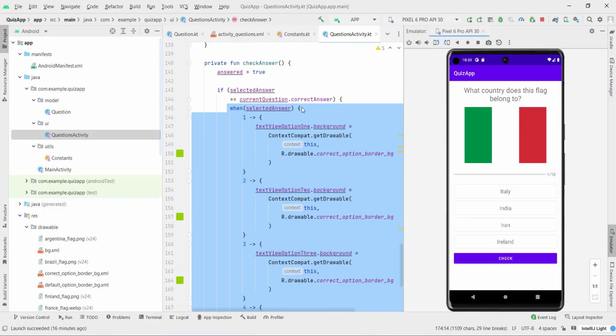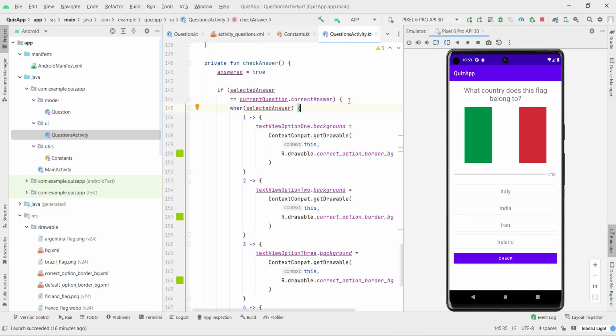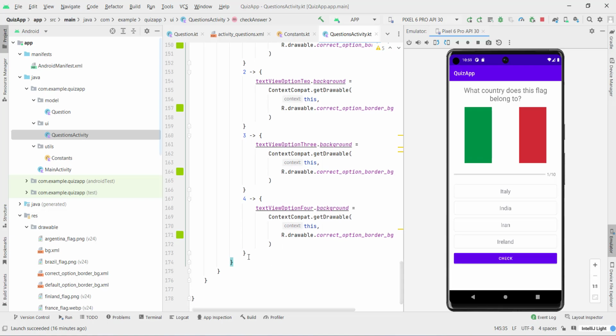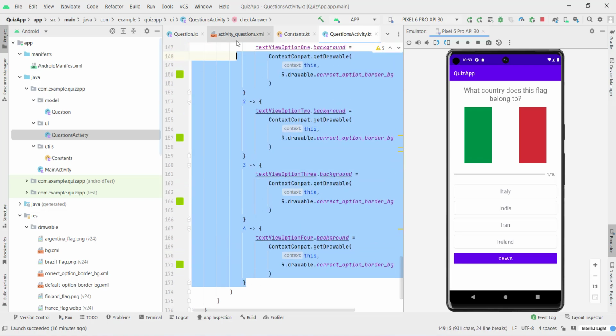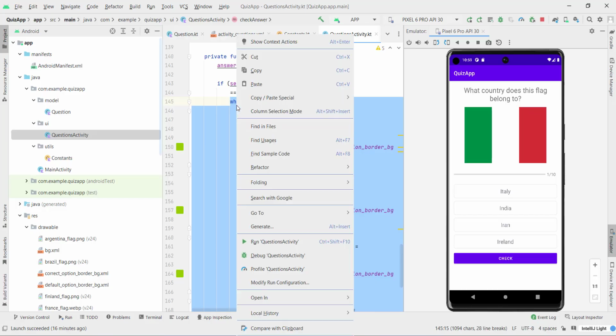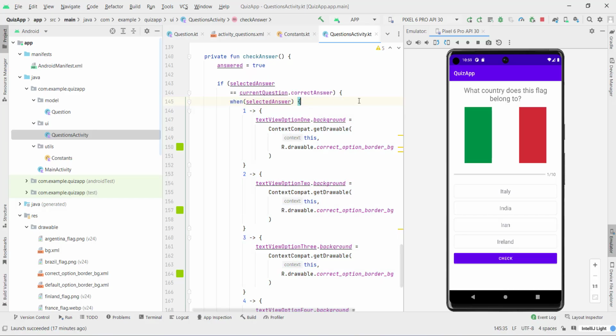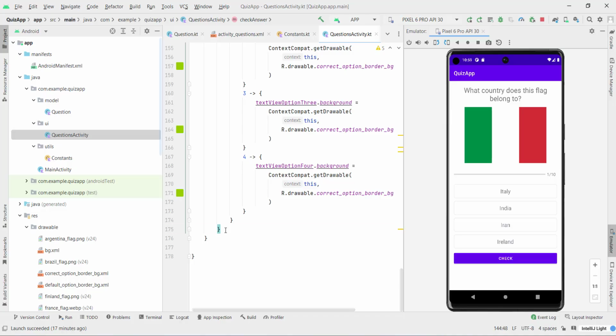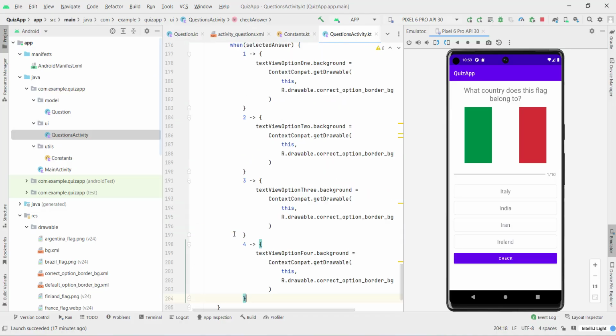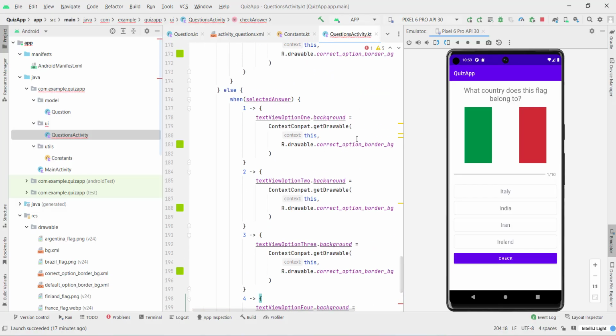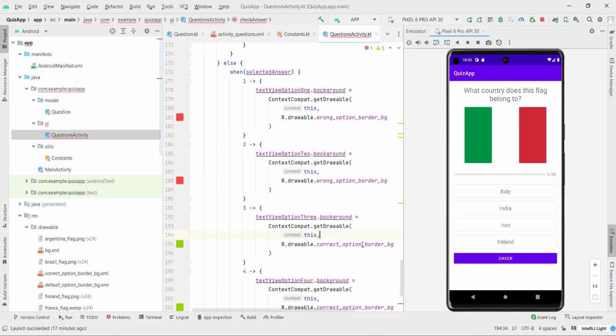Let me see where it starts. So I'm gonna copy this. So now we're gonna show the background for if the question is not the correct question. So I'm gonna paste this here, and the only thing that we'll do, I will change this to wrong, to the background that we created. So wrong option border bg. Let's copy this. Let's paste it here,